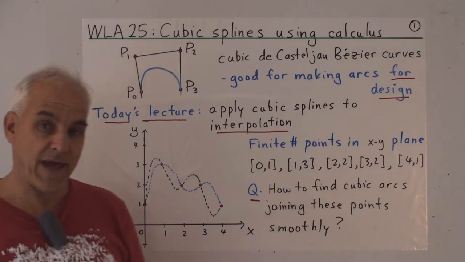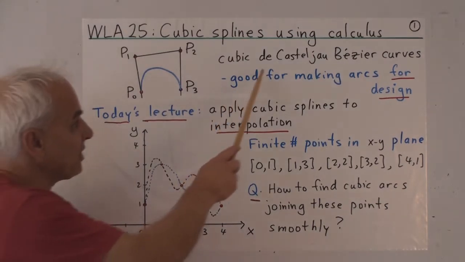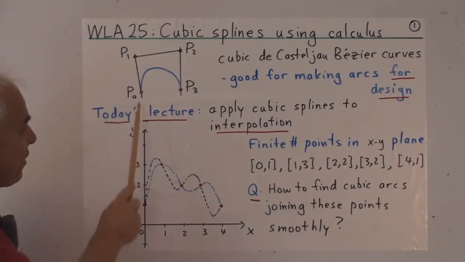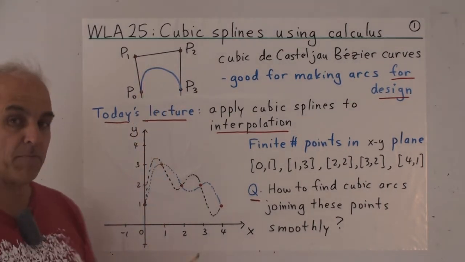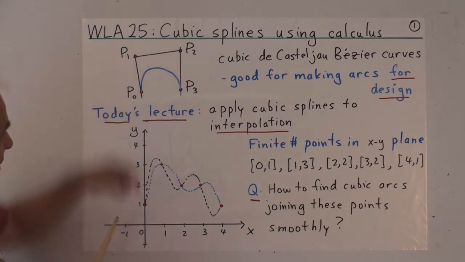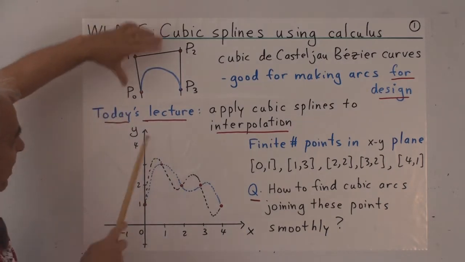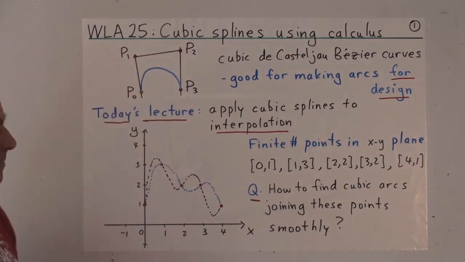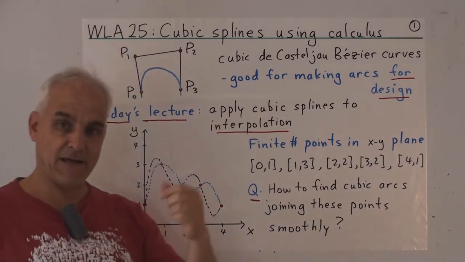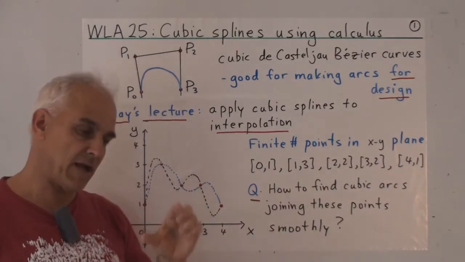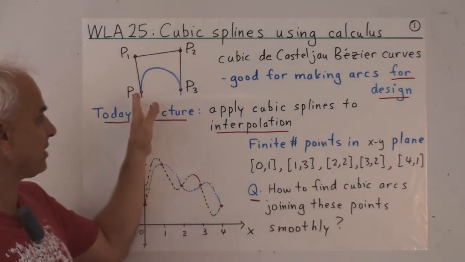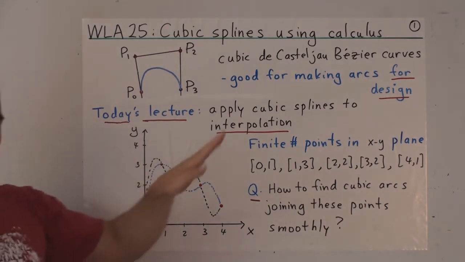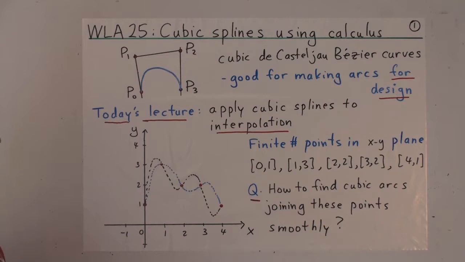So in our last video, we had a look at the cubic de Castelnau-Bézier curves, which were a way of describing curves that are very important for design work, where we have a number of control points, and if we vary these control points, then we can vary the corresponding curve. And so the idea was that if we had a curve, then we could cut it up into little pieces and use a number of these de Castelnau-Bézier curves to smoothly recapture that curve.